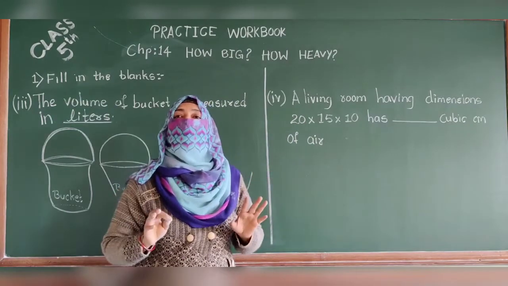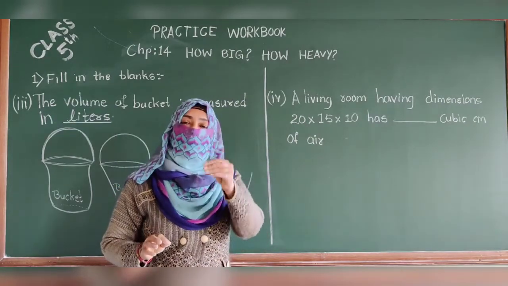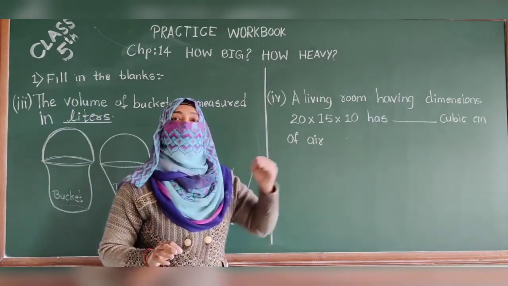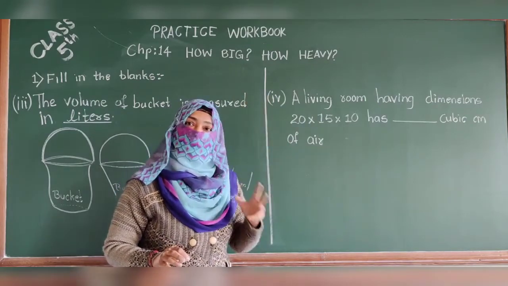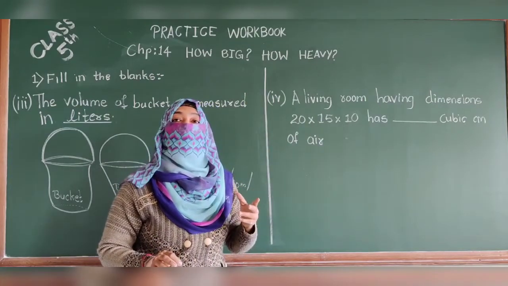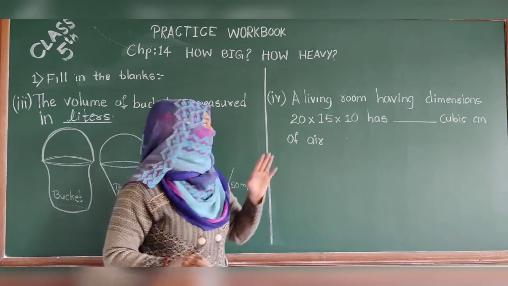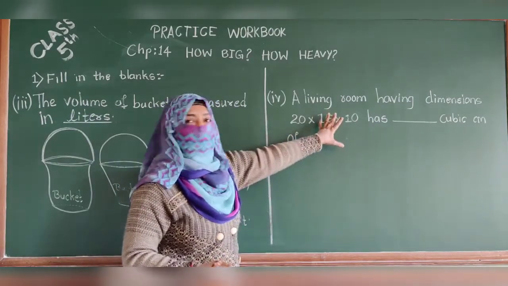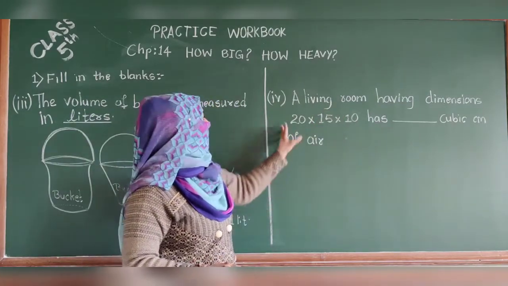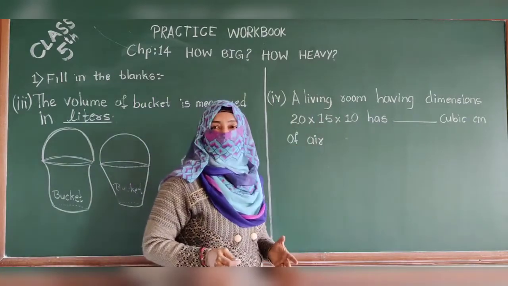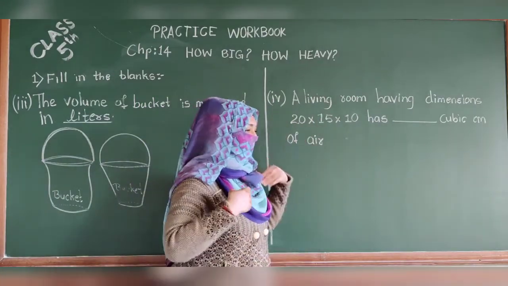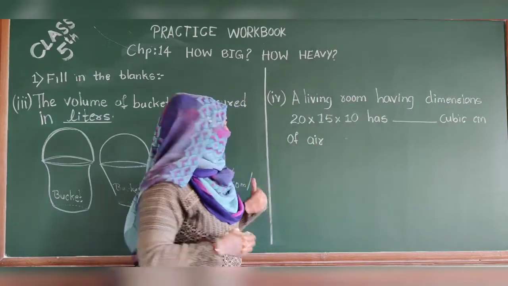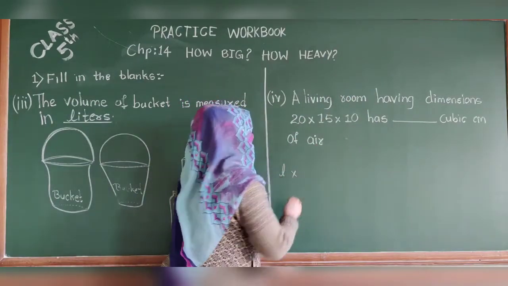And suppose they are not given in multiple form, they are given with the words length, breadth and height. Then it is called what? Dimensions. So here one room is there, living. It is having length, breadth and height, and it could be anything. See, you can say 20 meter is the length of the room. So length. And